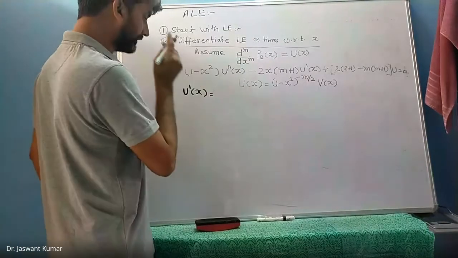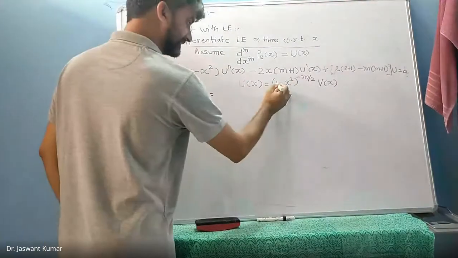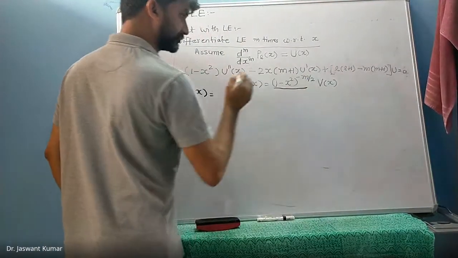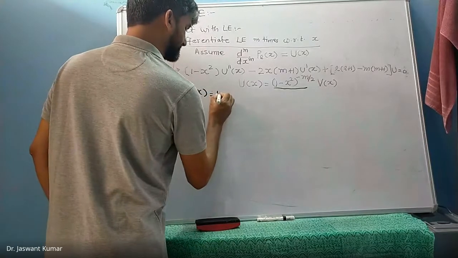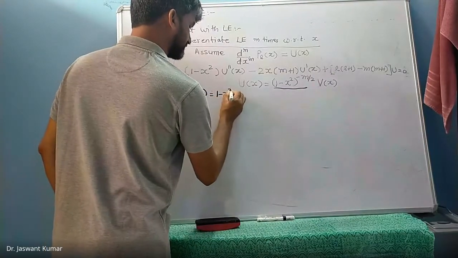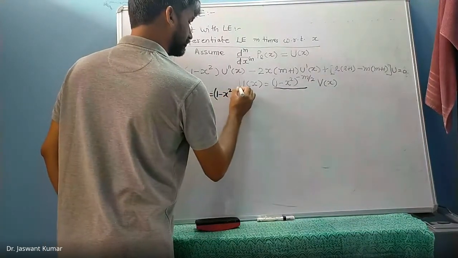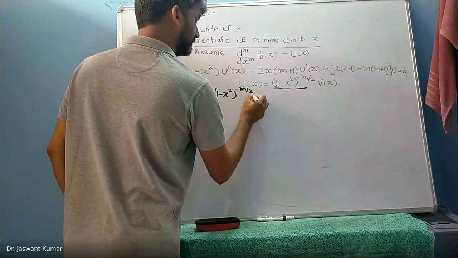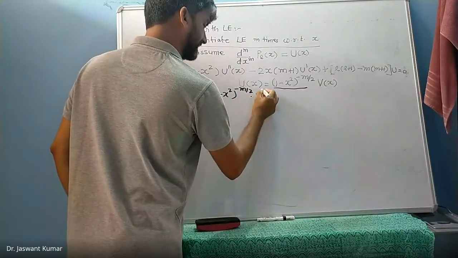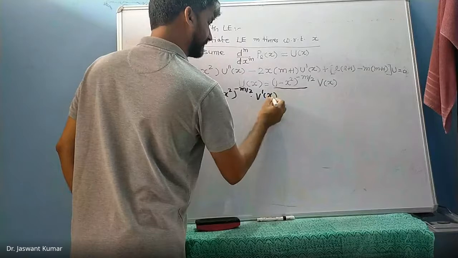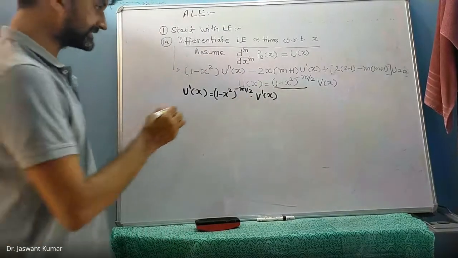Yes, sir. Please tell me what will be u dash of x? Here A is 1 minus x square to the power minus m by 2. So we first write A as it is, which is 1 minus x square to the power minus m by 2, times dB by dx. So dB by dx will be v dash of x plus